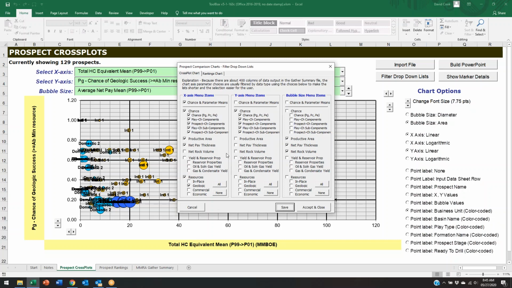So you can shorten the list. So I could turn off in the X, I could turn off the chance, and I could turn off the area and the pay thickness, and only show the geologic resources. And if I go back to that particular drop down,